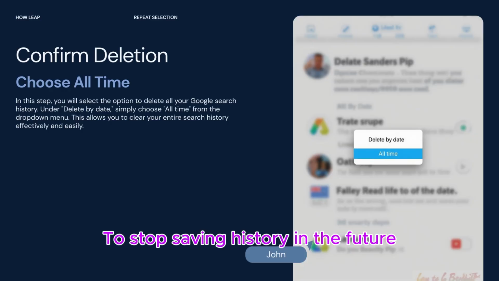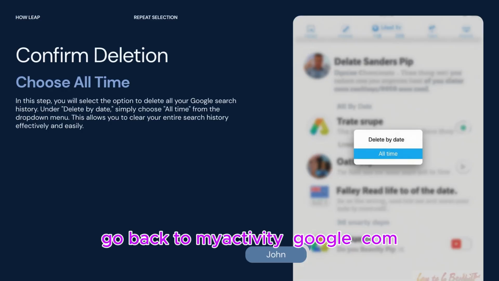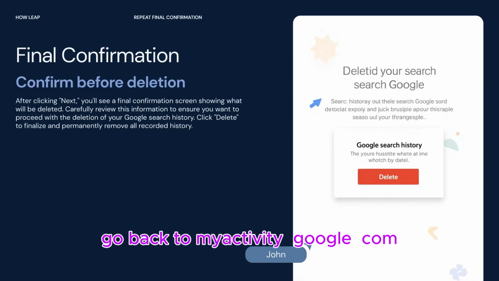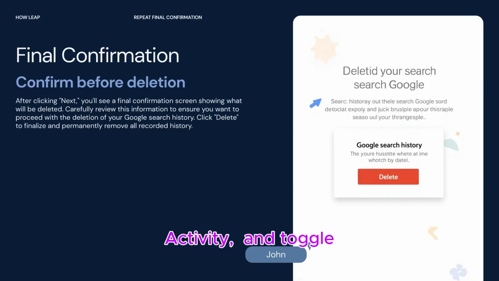To stop saving history in the future, go back to myactivity.google.com, click Web and App Activity, and toggle